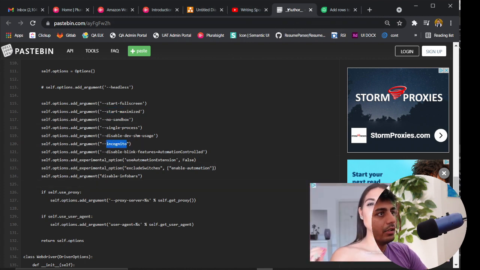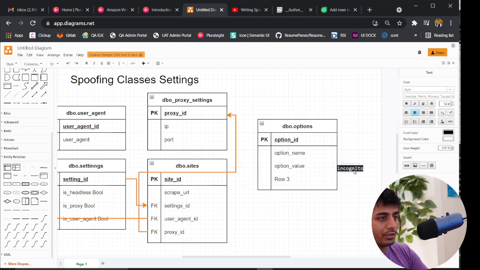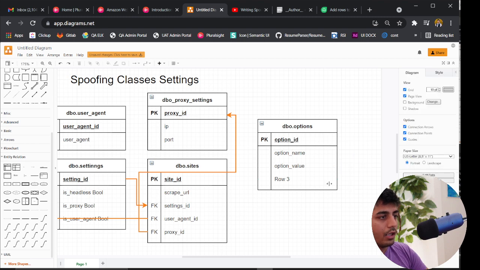So you say option name, so you tell what the option is, and then this column right here would be option value. This is where the actual incognito settings would go, right? So that's that.